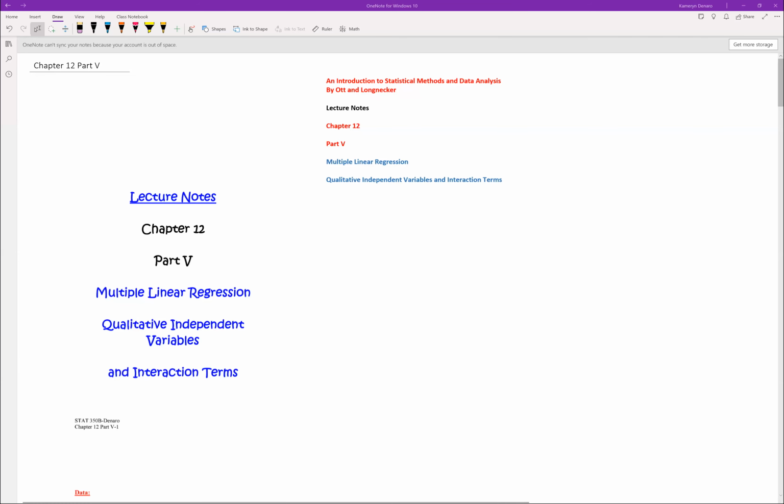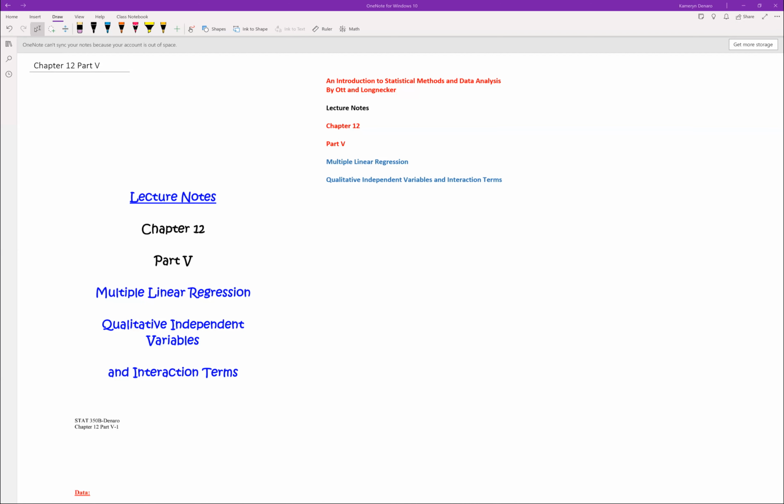Hello, everyone. We're working through An Introduction to Statistical Methods and Data Analysis by Ott and Longnecker, Chapter 12, Part 5: multiple linear regression, qualitative independent variables, and interaction terms. As a reminder, we are in a situation where we have one response variable and many x variables,